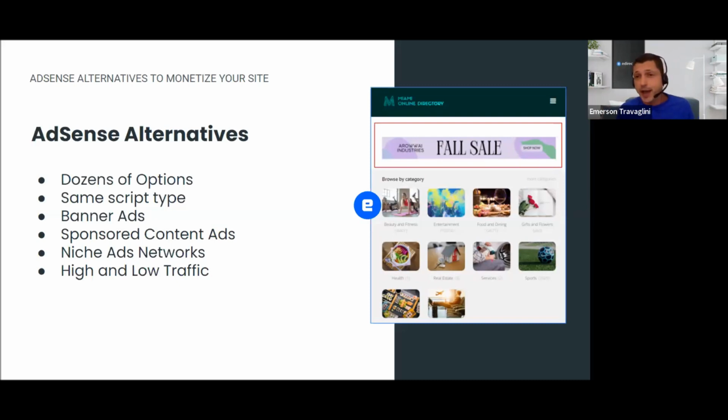You have niche ad networks, for a specific type of audience. And you have options for both high and low traffic ads. So no matter how much traffic your website currently has, or what the current performance of your website is, you have options for low traffic advertisement too.